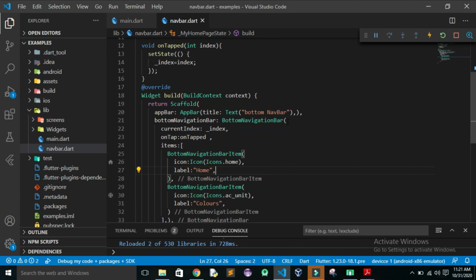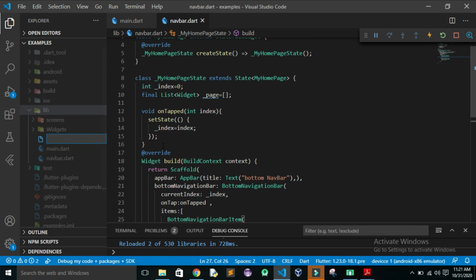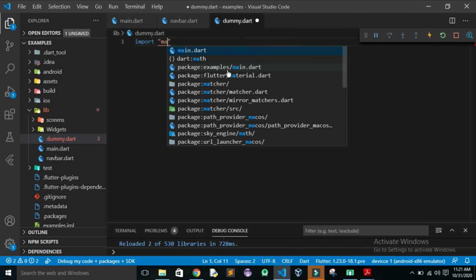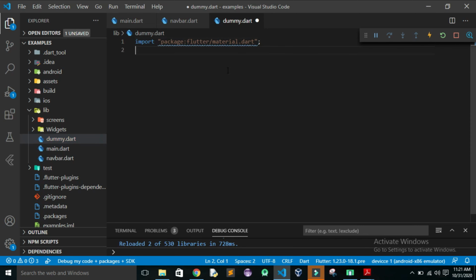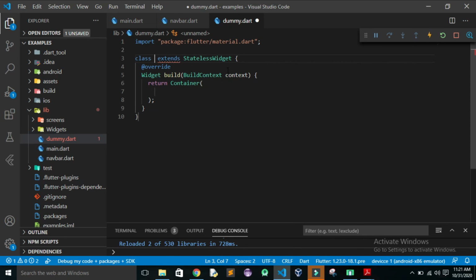So now let us make one more widget which can be displayed by using the page. So here I'll create another page and I'll name it as dummy.dart, and I'll make it import material.dart, and then I'll make use of a stateless widget and name this class as dummy.